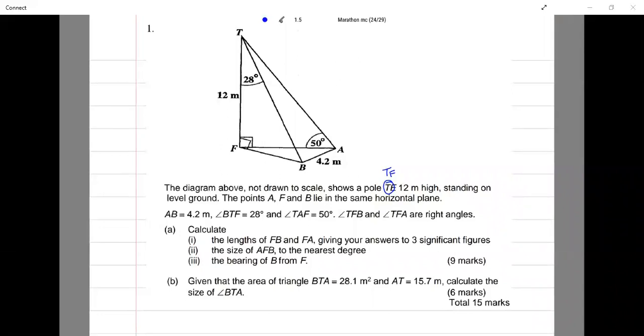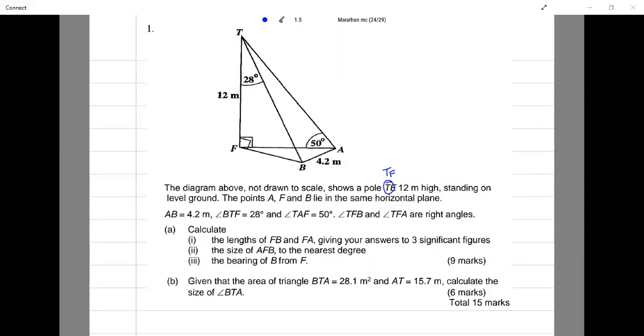So in a sense, they're telling us things that we can largely see for ourselves. There was no additional information that we needed to put in. We can see all the information. Everything that they said is actually in the diagram. We didn't have to put in any of the information. We're asked to (a), calculate (i) the length of